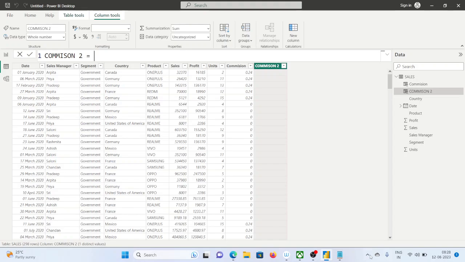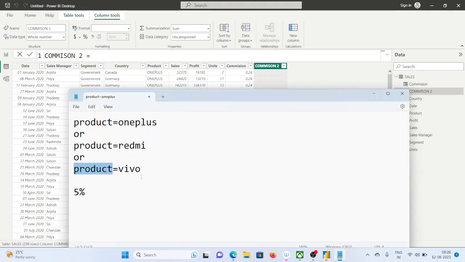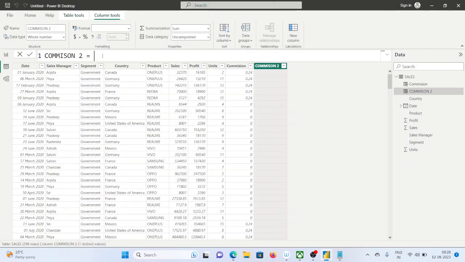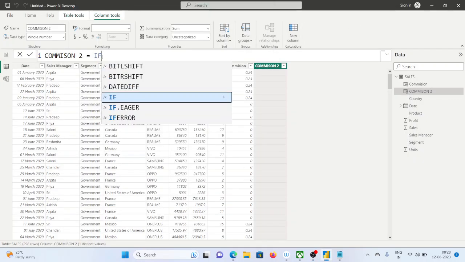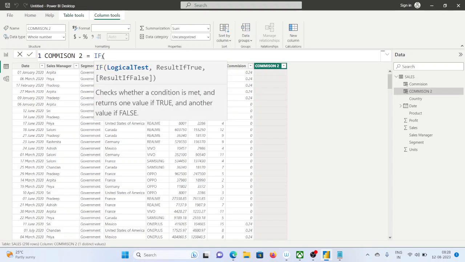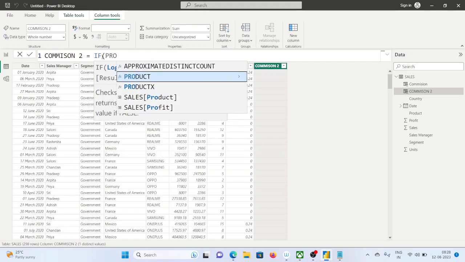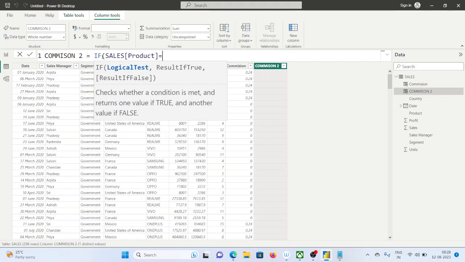If you have more than 2 conditions in OR, so what you can do is you can write if, I'll write if product equals to